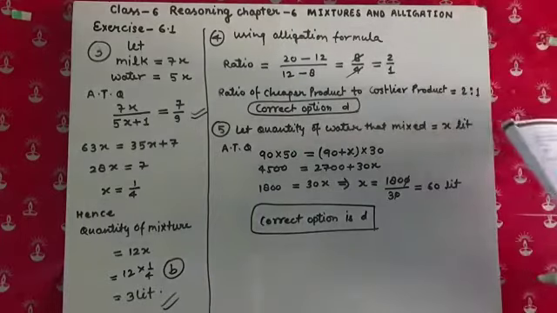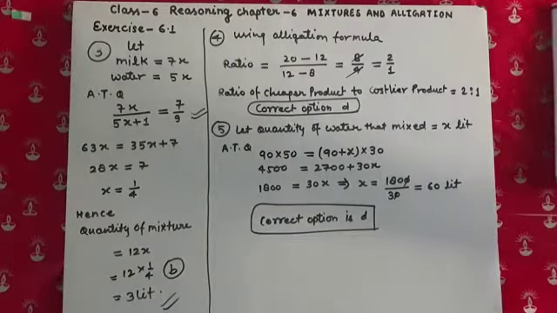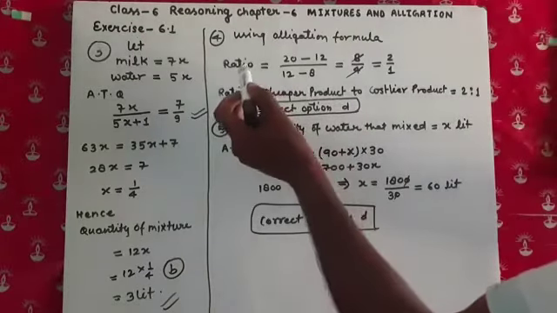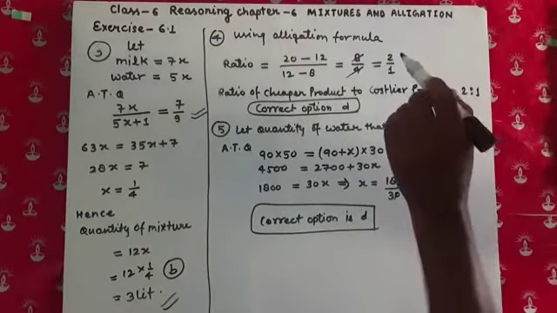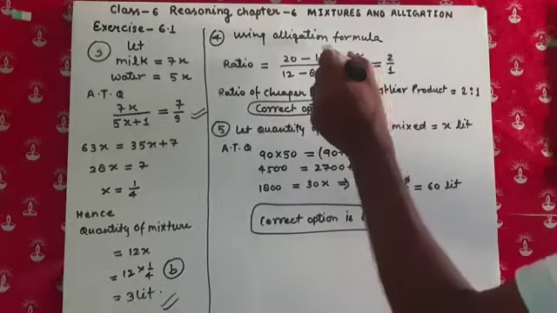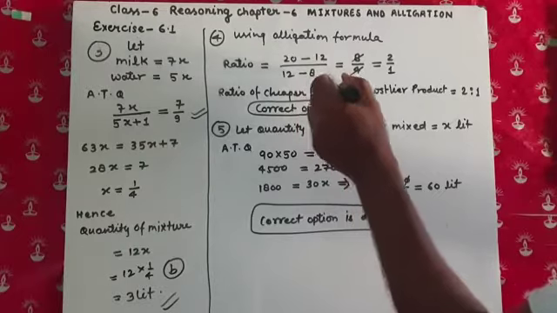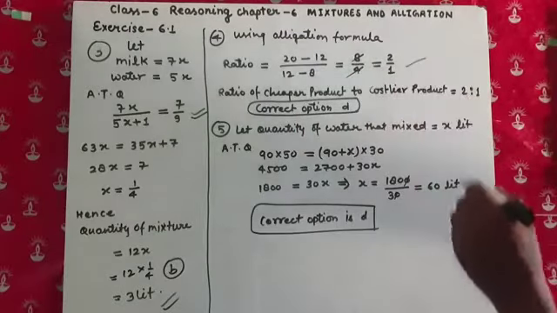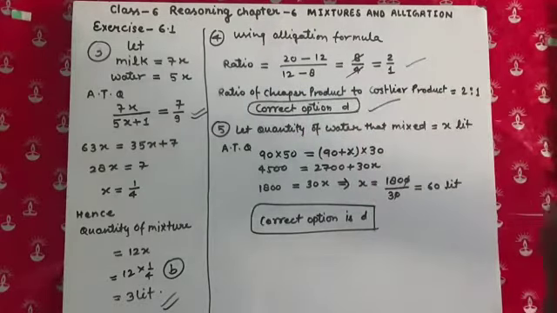Now going to question number 4. Here again the question is: in what ratio must a grocer mix two types of rice costing rupees 8 per kg and 20 per kg to sell it at rupees 12 per kg. In the formula, the ratio of the amount of the cheaper product to the costlier product is given. So here the max cost is 20, the middle cost, that means the mean cost, is 12 rupees, and the minimum cost is 8. Putting the values in the formula, we are getting 8 upon 4, then we are getting 2:1. So the ratio of the cheaper product to the costlier product is 2:1. So the correct option is option D.